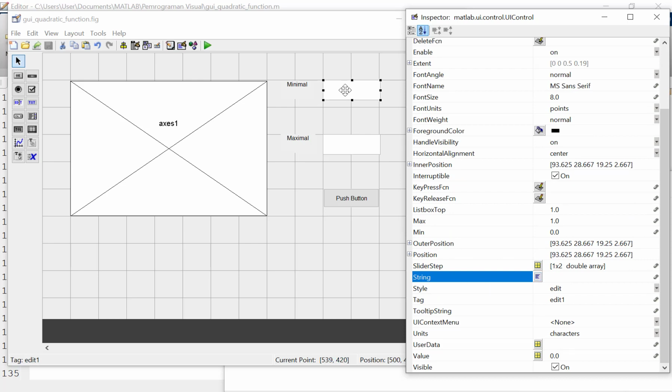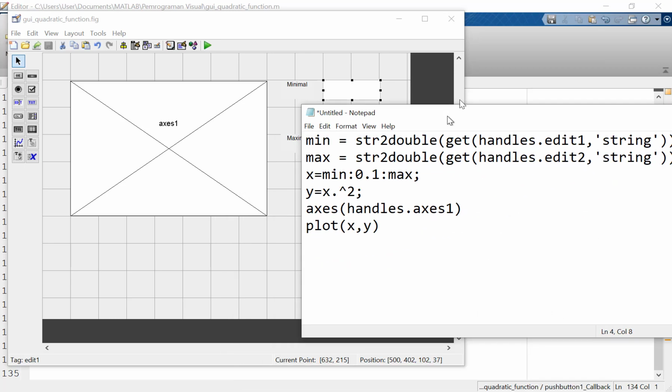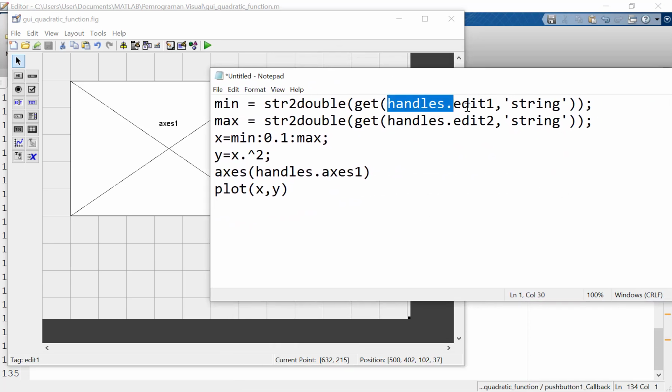So when we input the minimal value in this block and also the maximal value, it will fill the string property. To get the value from the string property, we call this command. It is the string value, so we must use this command to convert the string value to a numeric or double value.